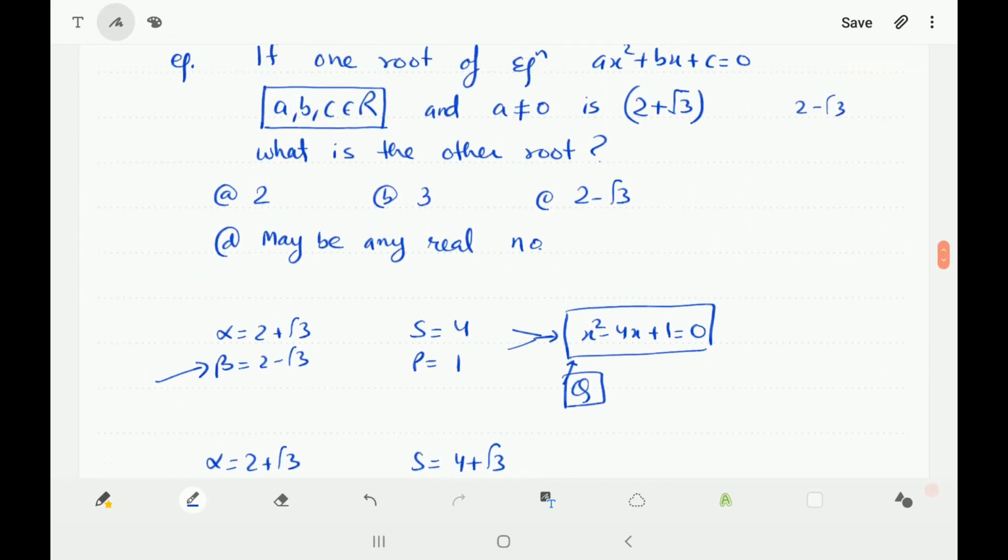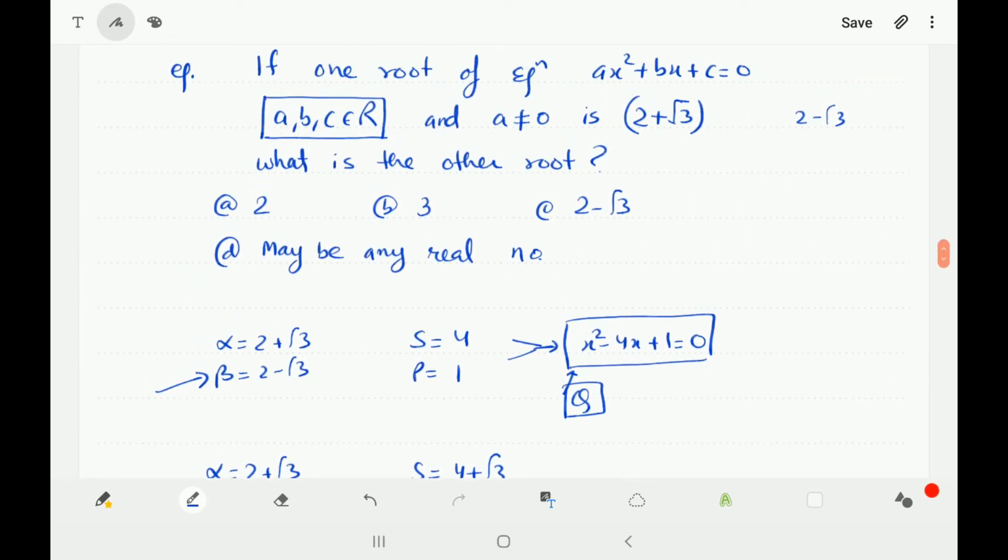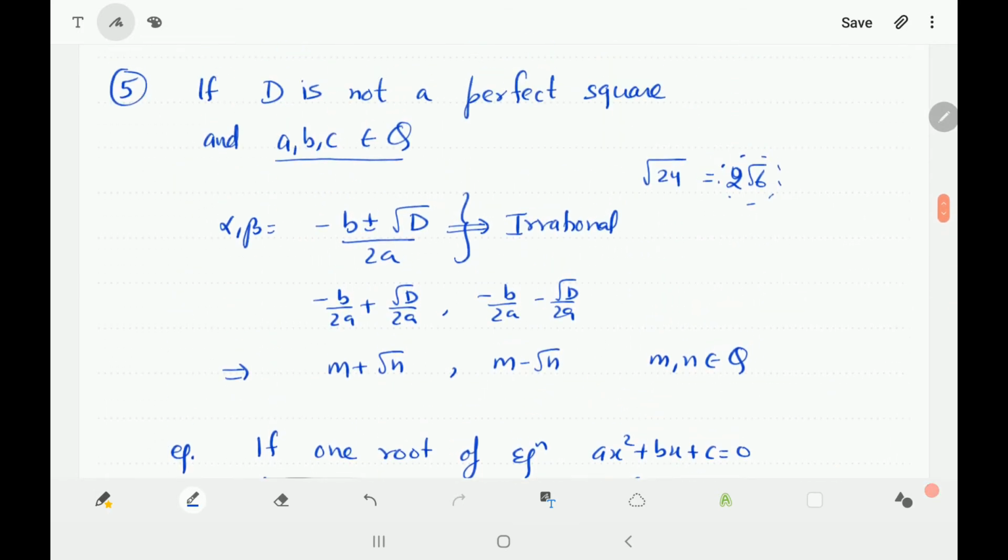Now this is a real possible quadratic equation. You can see it, this is a quadratic equation with the coefficients as real numbers, which is stated in this problem. Hence, in the first go, most students attempt this answer in this problem. They say that the other root must be 2 minus root 3. But it is necessary to know that if a, b, c belong to Q, as I have written here, then it must have the answer 2 minus root 3. But in this case, because a, b, c are real numbers, any real number can be the root of this equation. Hence, the answer for this problem will be D. So, I hope you are getting to know this point very clearly, that if a, b, c belong to rational numbers, then only the roots will be of the form m plus root n and m minus root n, provided D is not a perfect square.